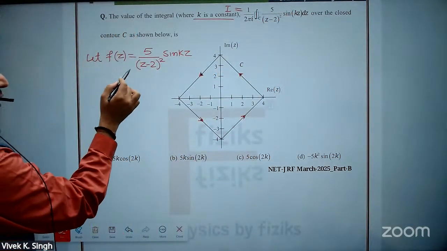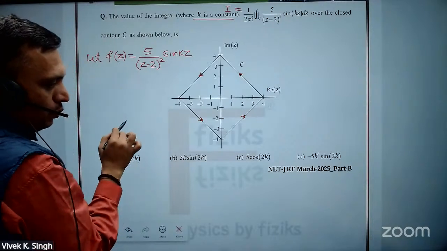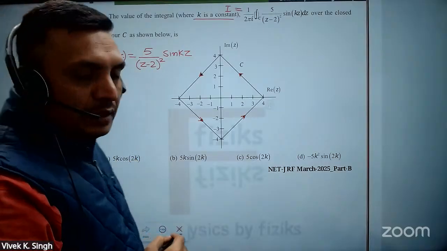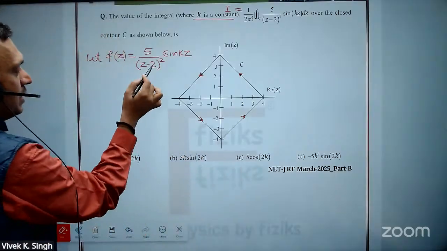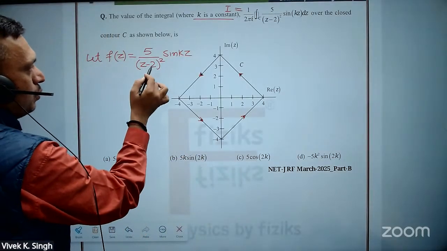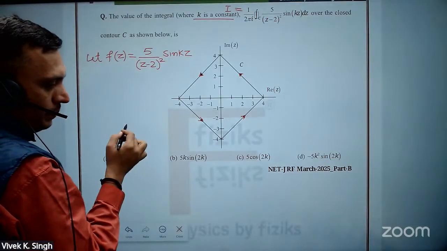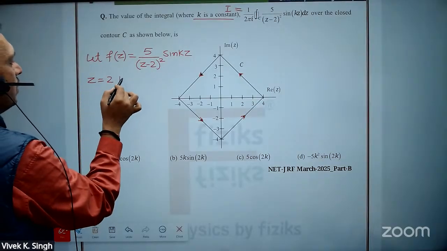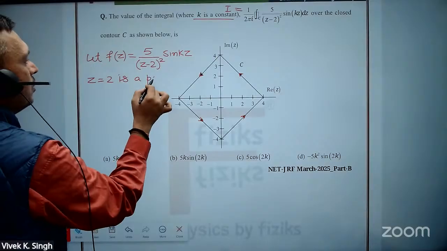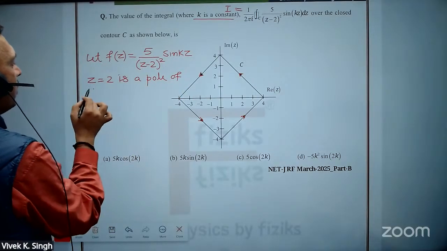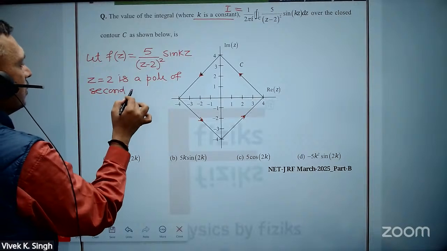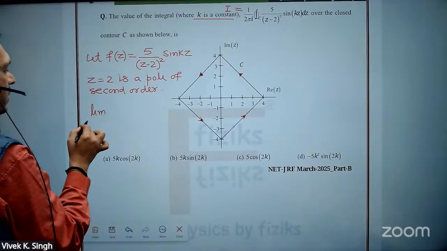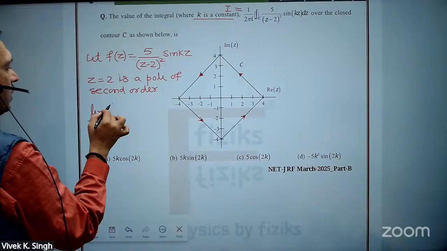Now this function is non-analytic at z equal to 2, because when you put the denominator to 0, you will get z equal to 2. So at z equal to 2, this function is non-analytic. And what will be the order? It's second order. So z equal to 2 is a pole of second order. Why second order? If you want to check, you have to see the limit z tending to 2, then you have to write z minus 2 power